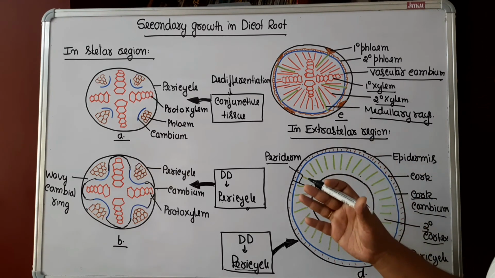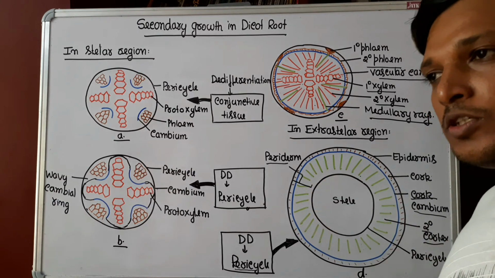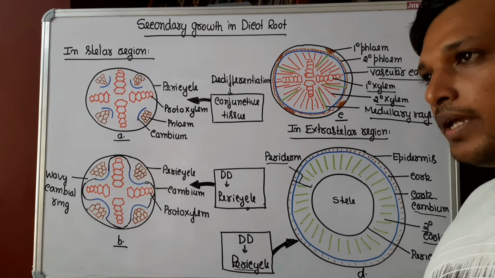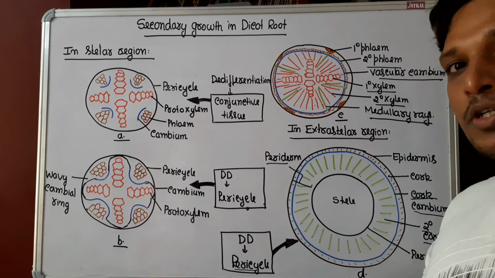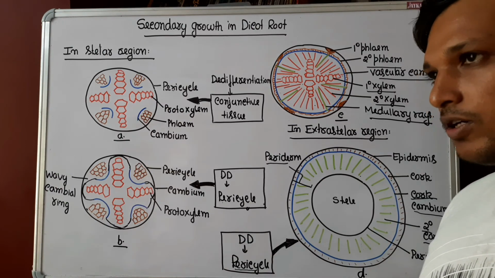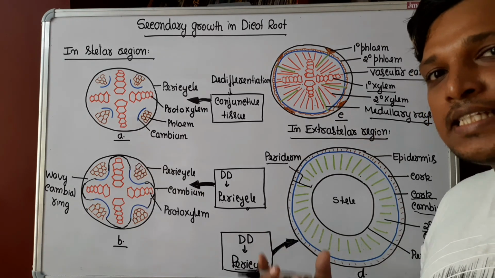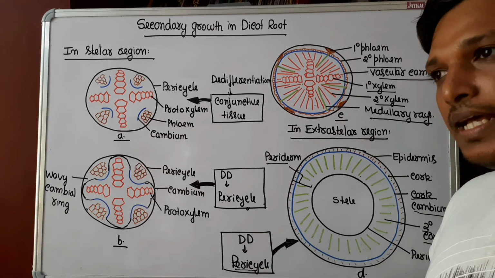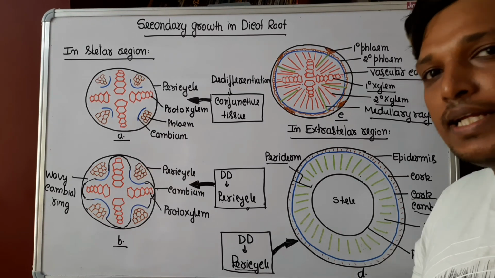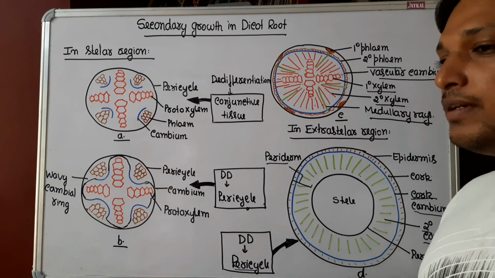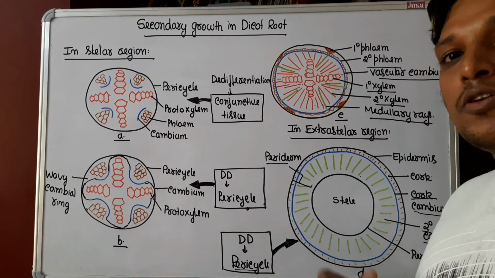Now consider annual ring. Whether annual rings are seen: most of the dicot roots don't show prominent annual ring. Why? Because annual ring is nothing but secondary xylem formed during spring and autumn season. These roots remain below the soil so that sensation of seasons won't be there, hence there is no spring wood or autumn wood formation, hence you will not find any distinct annual ring most of the time in dicot root. So this is regarding secondary growth in dicot root.